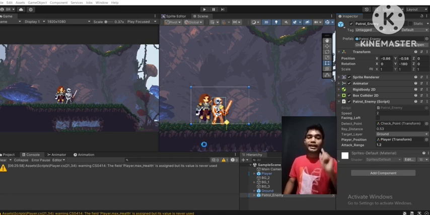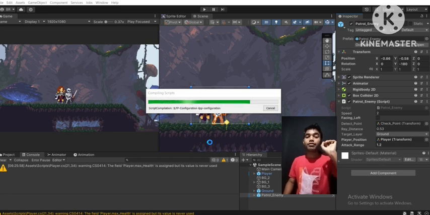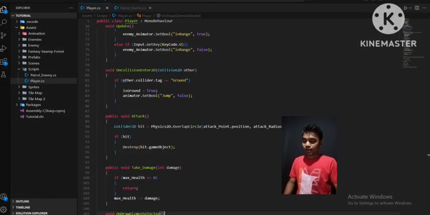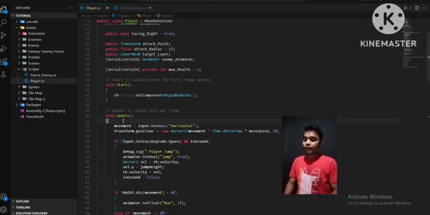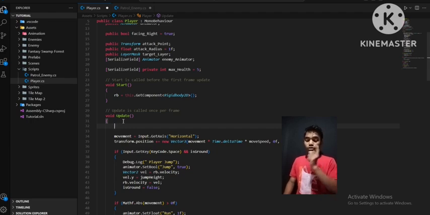But we also need to call that take damage function. We made the function, but we also need to call the function. Before we do that, we will go to the update function. Why the update function? We know the update function runs every single frame, so we will check if the max health of the player game object is already 0 or not. If 0, then we want to destroy our player game object, or we want a game over screen. Before that, let's print out a message in the console,